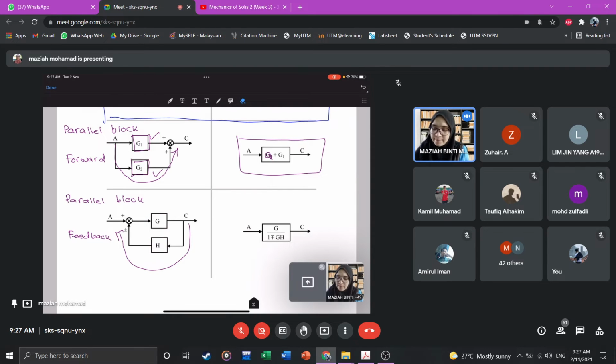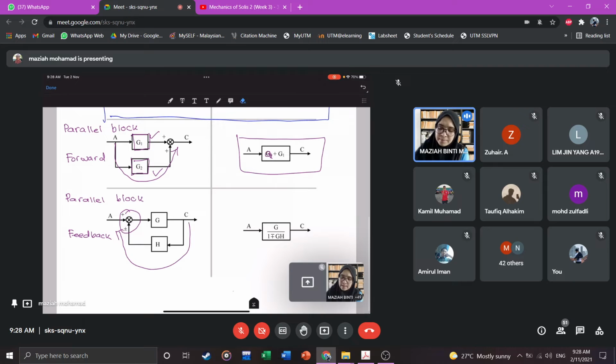As for the feedback, in order to combine a feedback parallel block, the equation will be G over 1 minus or plus GH. Minus or plus will depend on the sign on the summation point here. If the sign at the summation point is plus,